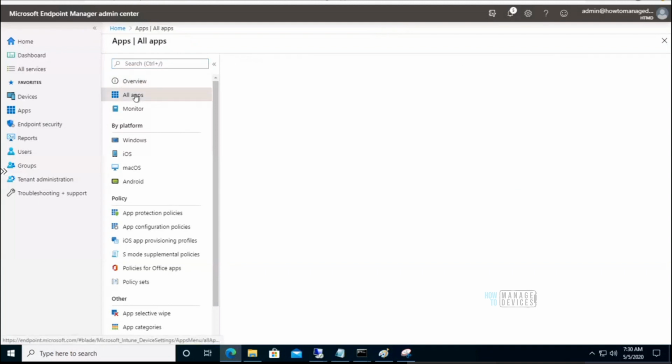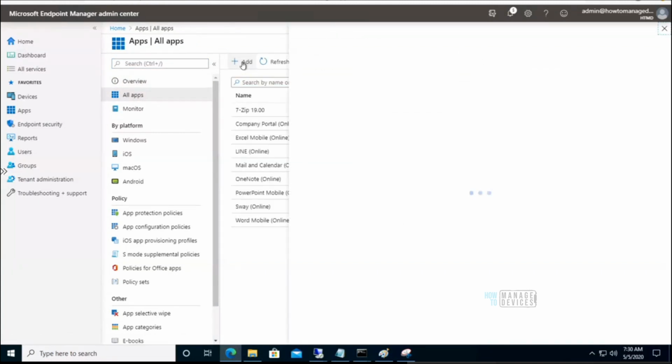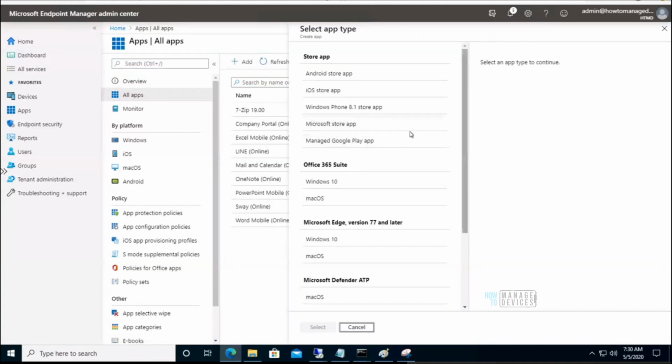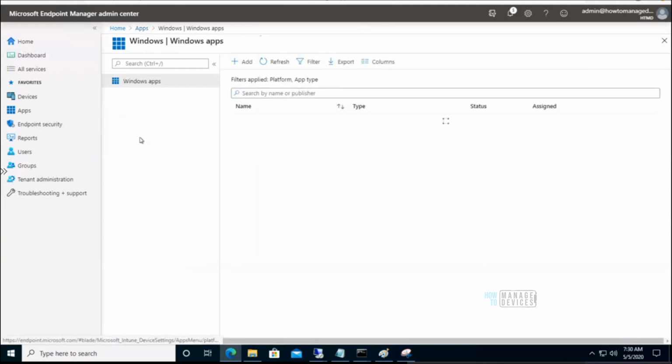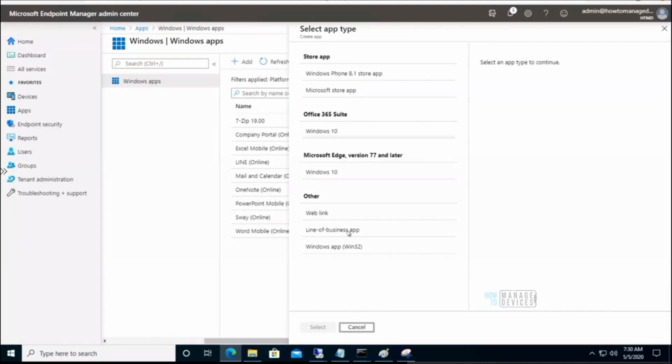Okay, so that's a complex application deployment scenario, right? If I go to Windows and click on add, I will cover this in detail later as part of the training. We tried line of business application yesterday, and today we are still going through that scenario. Tomorrow probably we will do something related to exclude and include.